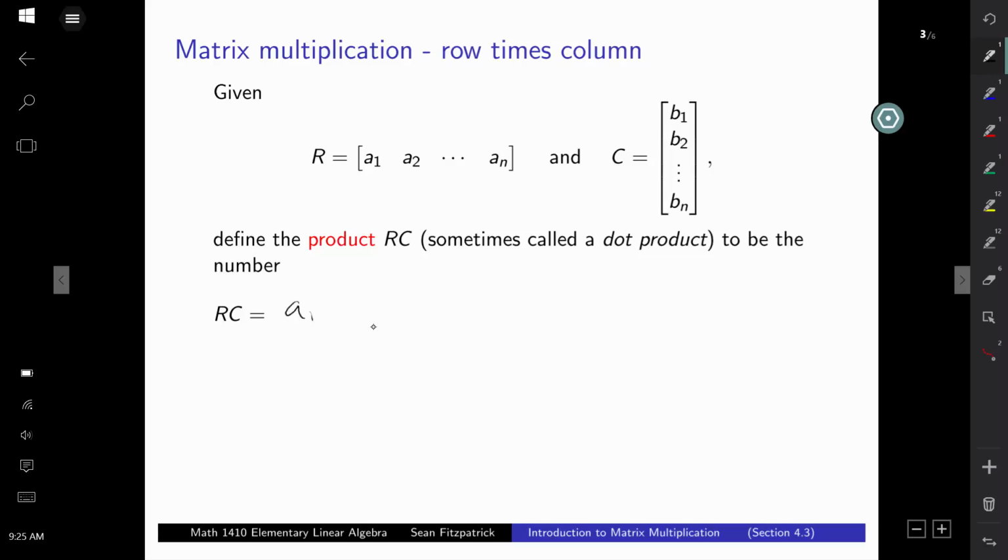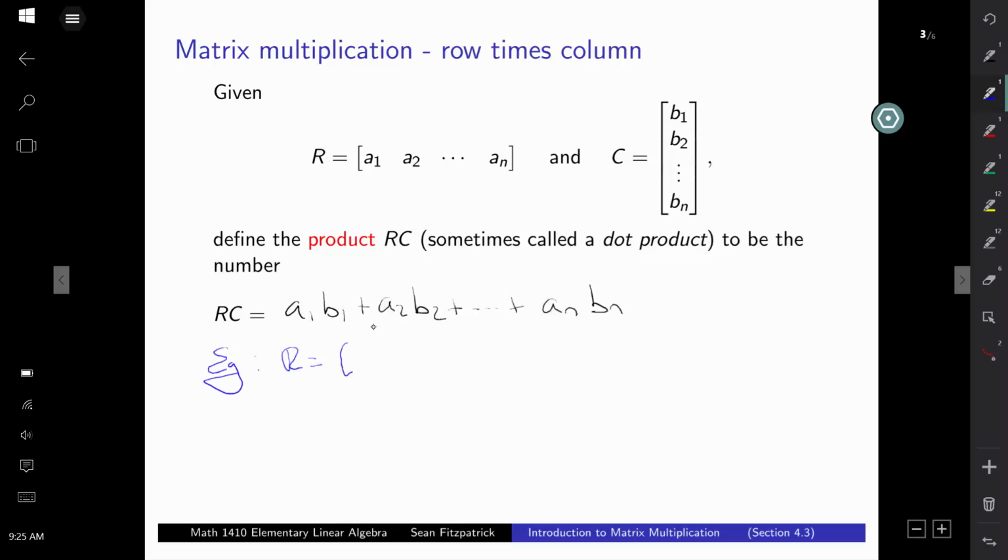So it's going to be A1 times B1, right? First entry from R times the first entry from C plus A2 times B2. I multiply the second entries together and so on down to An times Bn. So I form each of those products and then I add them all up. It's just like doing the dot product, right? Once I've added everything up here, I get some sort of number that comes out, right? So for example,